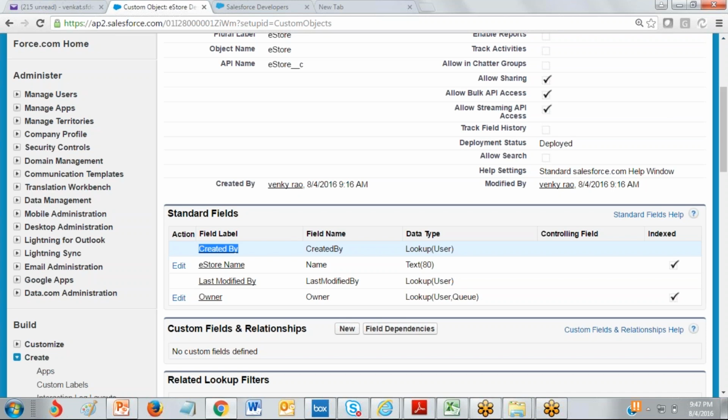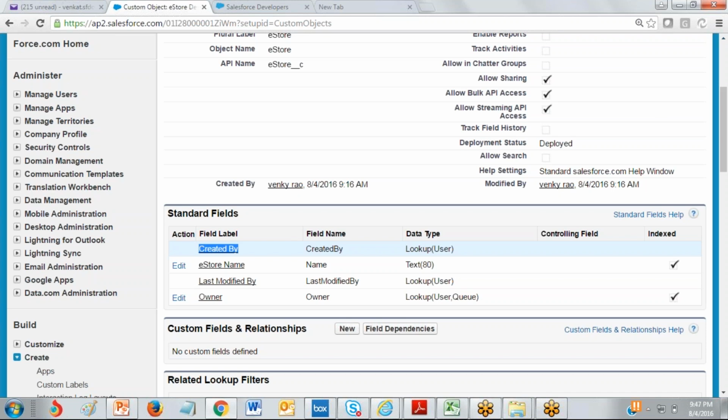Who is next? Last Modified By. The record is created by somebody else but modified by another person. The last modified person's name will be stored in this field. Okay, for control. Owner, the account holder who created this particular record.